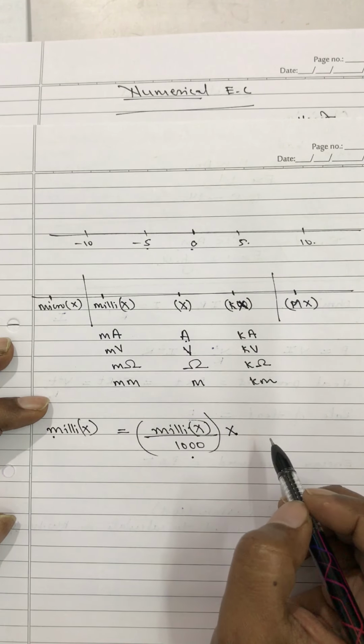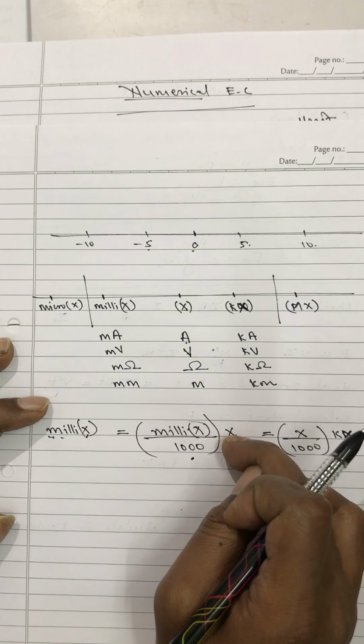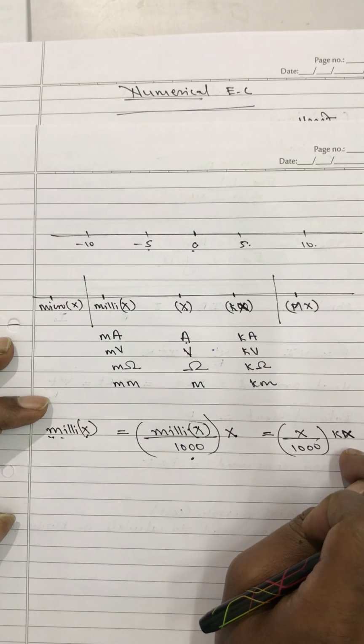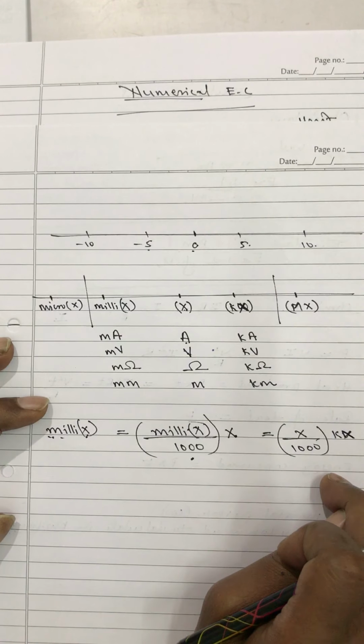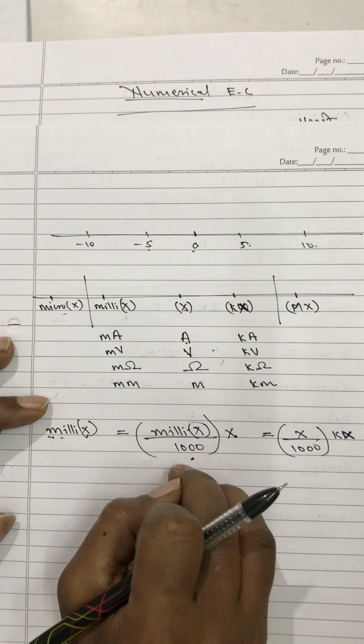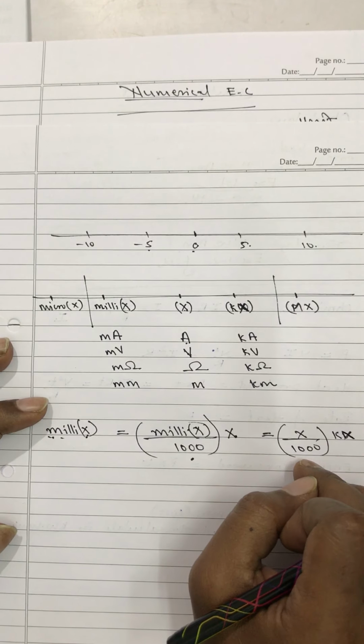Are you getting? And same, if this x, what I have got, I divide this by 1000 again, that will become kilo x. So if it is milli x, I will have to divide milliampere by 1000, whatever the unit, whatever the measurement they have given. Divide that measurement by 1000, it will become ampere. And then that ampere, when again you divide by 1000, it will become kiloampere. Again you divide kiloampere by 1000, it will become mega ampere. Volt, millivolt, you divide that by 1000, you will get volt. Divide that again by 1000, one more 1000, you will get kilovolt.